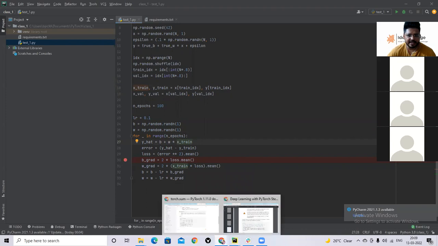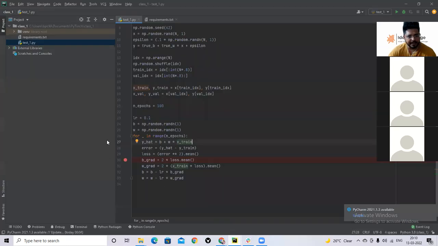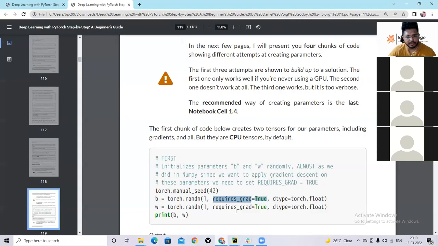Now you have to add one parameter here. Earlier it was a NumPy value, np.random, but here it is no more np, it is torch.random.